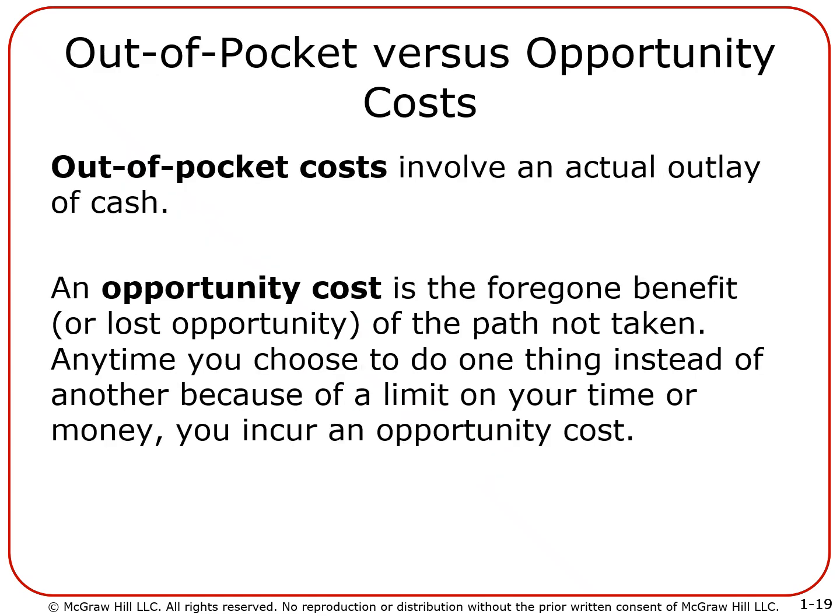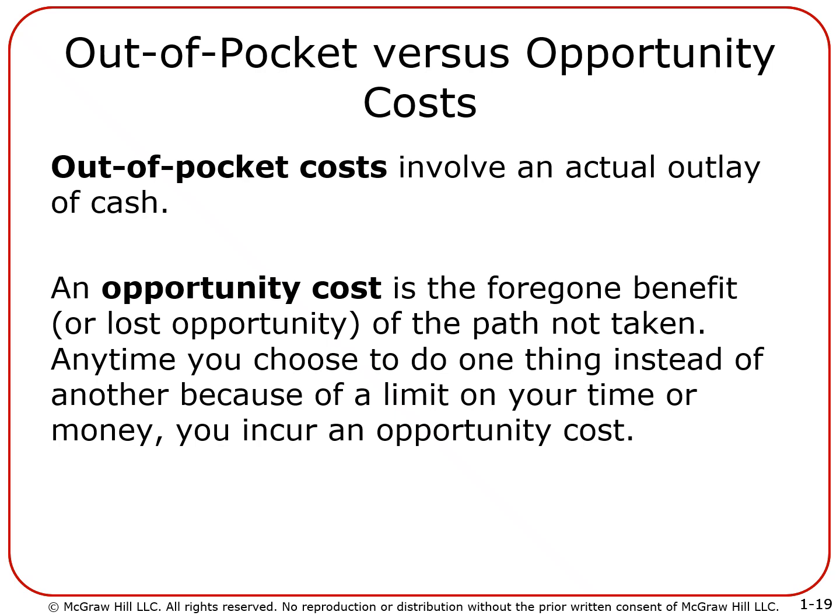Then there is another type of classification, out-of-pocket versus opportunity cost. So what is this out-of-pocket cost? Out-of-pocket cost is one which involves payment of cash. So you're paying money out of your pocket. An easy way to remember it is that in financial accounting, everything that we were dealing with were out-of-pocket costs. Okay, we had to pay money for this. There's another type of cost, which is an interesting term, and we'll see its application later. It's called opportunity cost. It's called the cost of lost opportunity or foregone benefit.